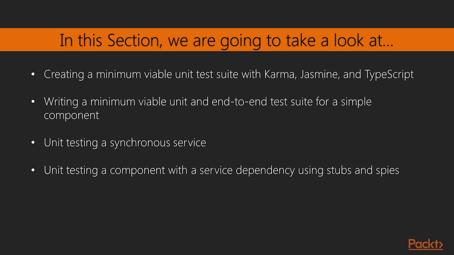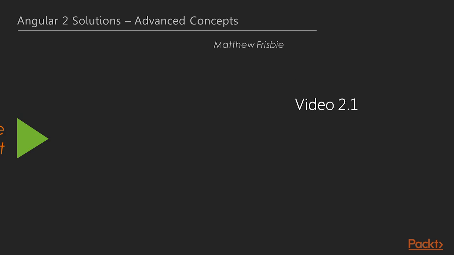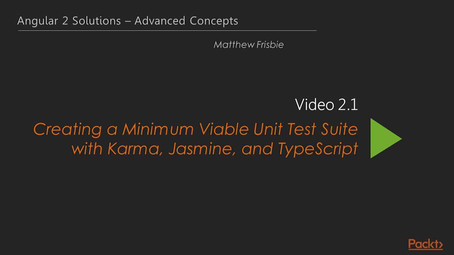In this section, we will start with creating a minimum viable unit test suite with Karma, Jasmine, and TypeScript. Then we will write a minimum viable unit test and end-to-end test suite for a simple component. We will then perform unit testing of a synchronous service and component using stubs and spies. So let's get started with the first video of the section, creating a minimum viable unit test suite with Karma,